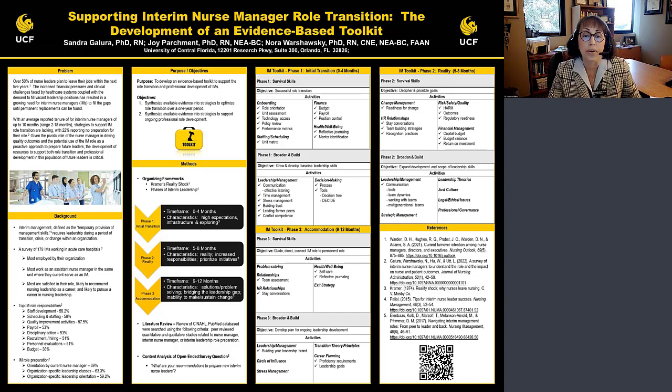Phase 1, or the initial transition phase, consists of activities designed to support the interim manager during a time of exploring the unit's infrastructure, organizing and stabilizing the work environment. Phase 2 consists of activities to support the interim manager as he or she faces increased responsibilities and engages in more active decision-making. Phase 3 consists of activities to support the interim manager exiting or transitioning out of their role, with careful thought as to whether the interim manager will return to their prior role or accept a formal leadership